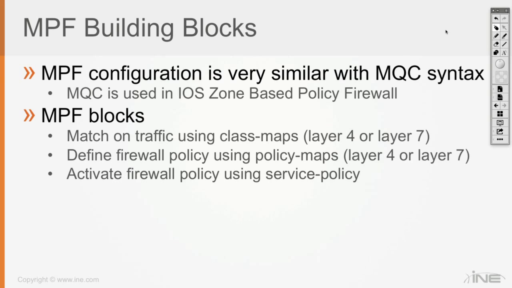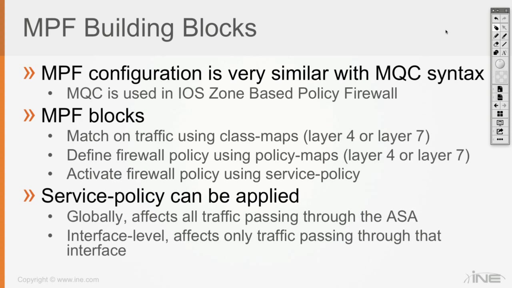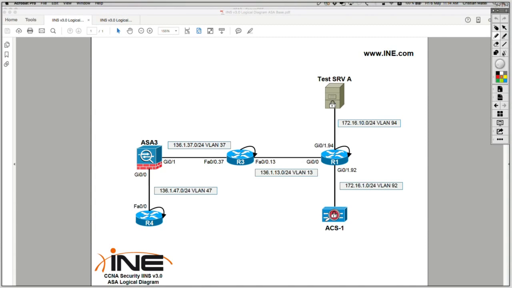Then you enforce the policy using the service policy functionality. The service policy can be applied in two ways, either globally, which affects all traffic passing through the ASA, so all traffic matching your configuration passing through the ASA is going to be inspected according to your MPF configuration. Or you can apply the policy map at the interface level, which means it's going to affect only traffic passing through that interface. For example, if we look at our diagram again, and let's assume we would have